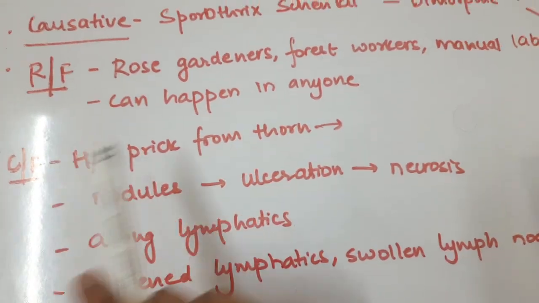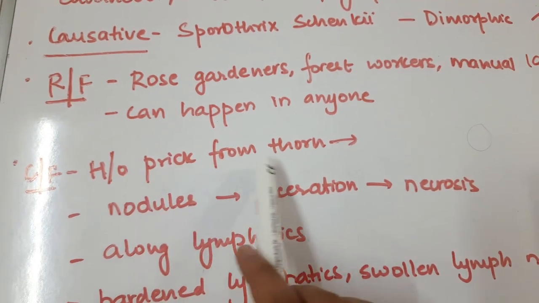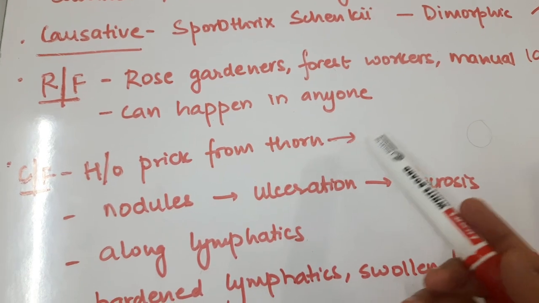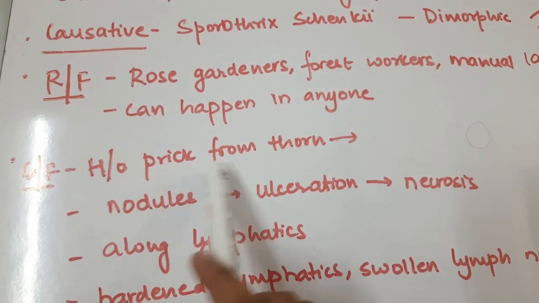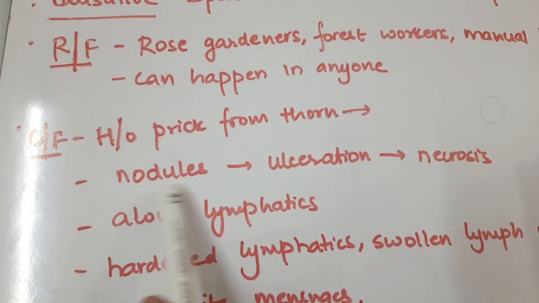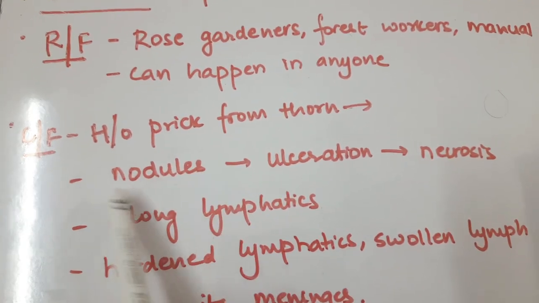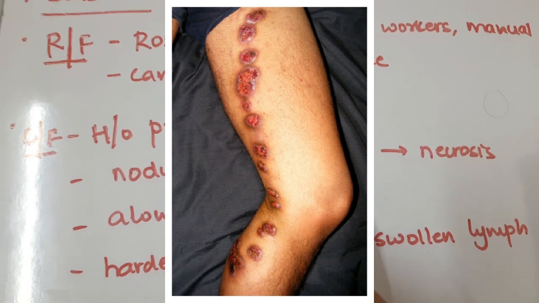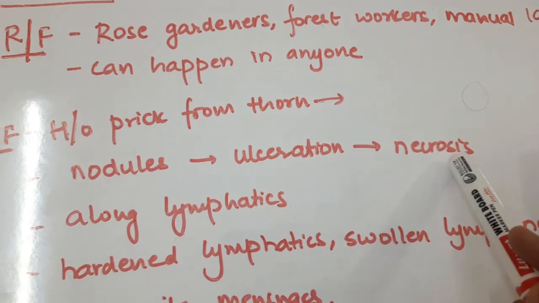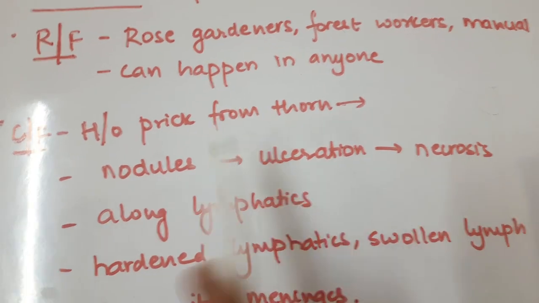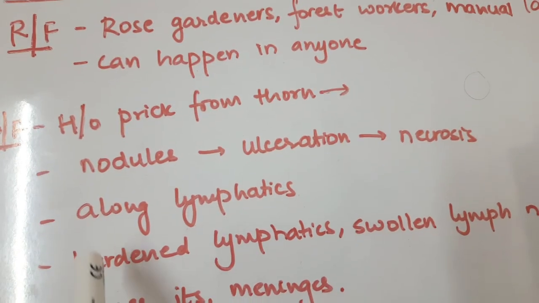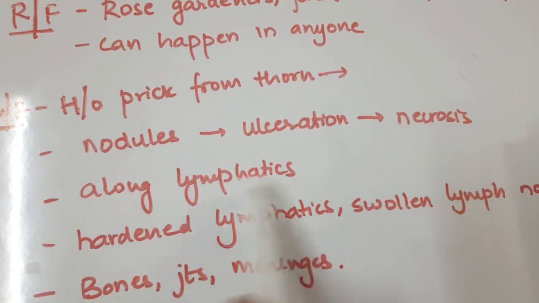In the clinical features, there will be a history of prick from a thorn. So there will be a rose thorn or any thorn from a vegetation. There will be a history of prick from a thorn, and the patient will develop nodules. The nodules will later undergo ulceration, and from ulceration it will go on to necrosis. So this is the order that is followed, from nodules to ulceration to necrosis, and this process happens along the